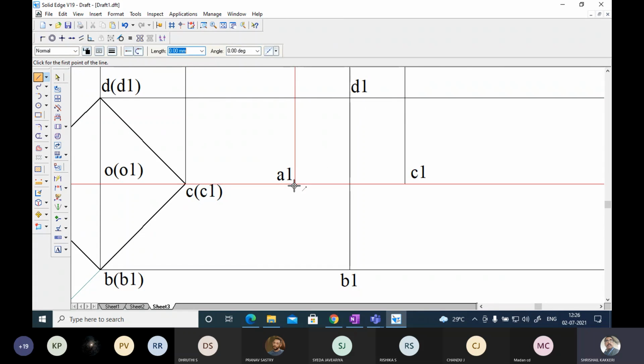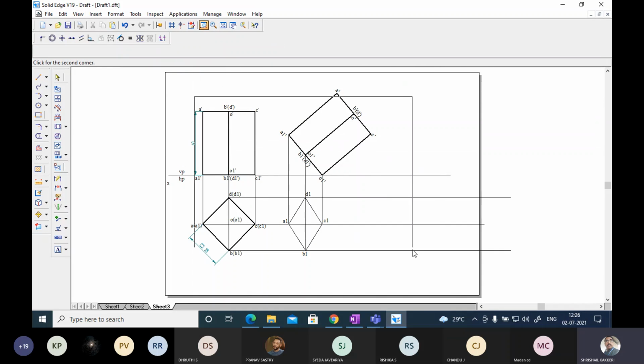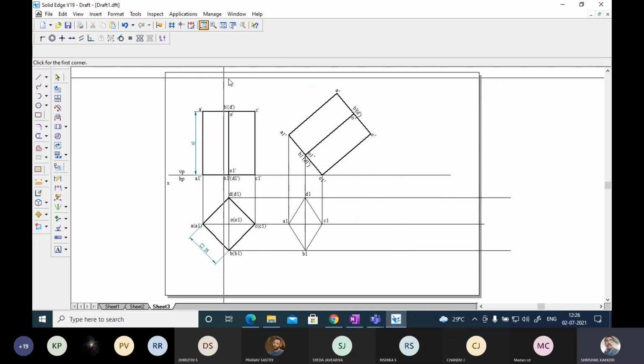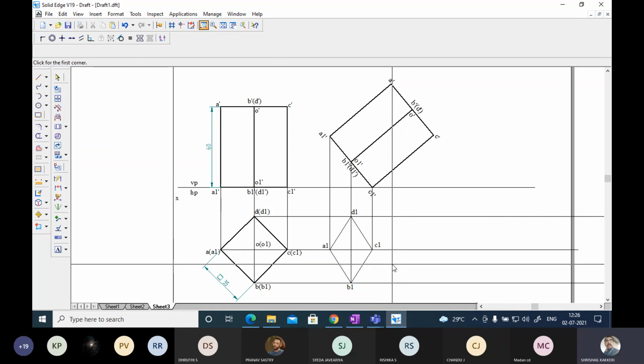Okay, let me join them, A to B, B to C, C to D, D to A. I have joined them by thin line. Let me see later. Okay, next one. I'll tell you the easiest way also. The other one, in the beginning I don't want to say, otherwise you will not do it properly. So that. Now, let me draw the other lines.